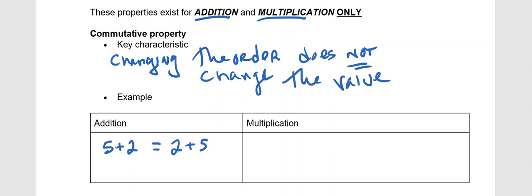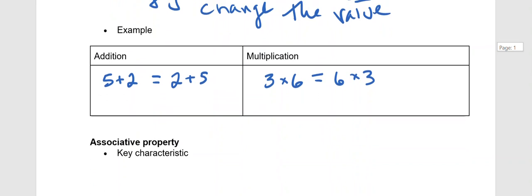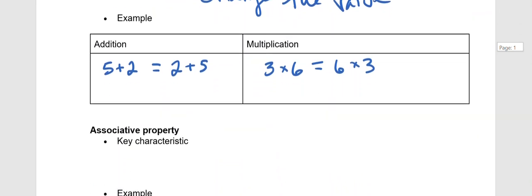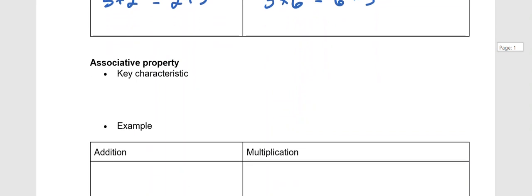The left side is an expression that's equal to 7. The right side is an expression equal to 7. So changing the order does not change the value of the outcome. So we can also see this in multiplication. Let's say we do something like 3 times 6. We should know that's 18. And if we change the order, 6 times 3 is also 18. So changing the order does not change the value. So essentially, order does not matter. Okay? So moving on to the next property, the associative property,